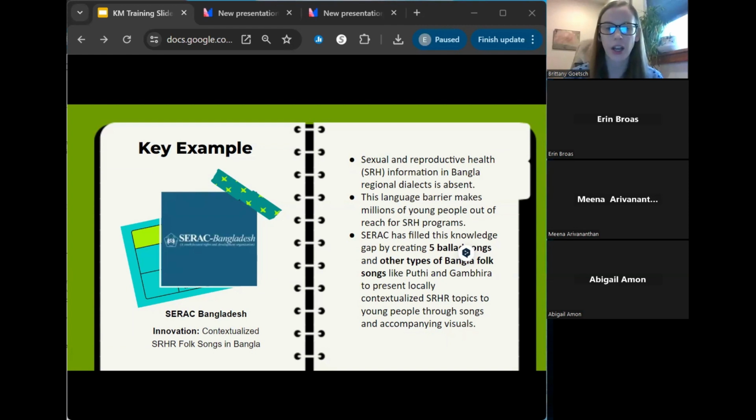AYSRHR Bangladesh intends to leverage their past experience to fill this knowledge gap by creating 5 ballad songs and other types of Bangla folk songs like Puthi and Gambhiri to present locally contextualized SRHR topics to young people through songs and accompanying visuals. The Ministry of Health has previously commended the work of AYSRHR in creating similar songs in Puthi,